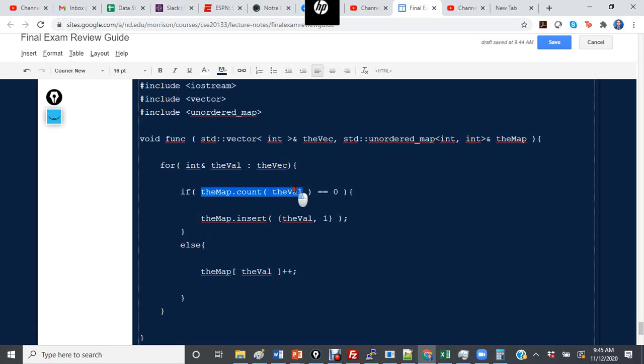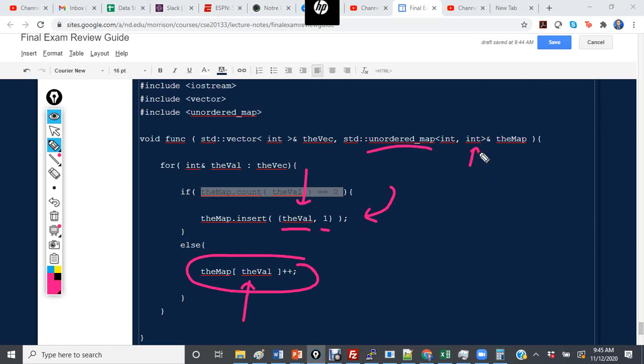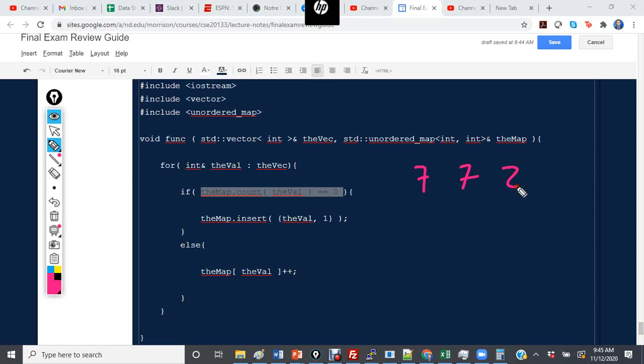We say if the count of the val is equal to 0, what we are going to do is hash that value using the unordered map and say that is the key, and then the value is going to be 1. Otherwise, we're going to hash the value and increment the value in that by 1. So what that means is if we have 7, 7, 2, 3, and 2, what's going to happen